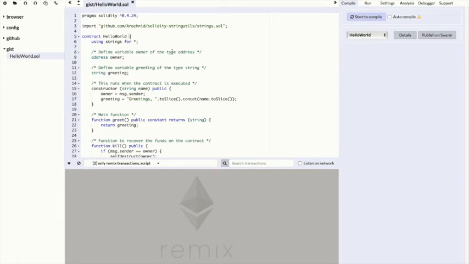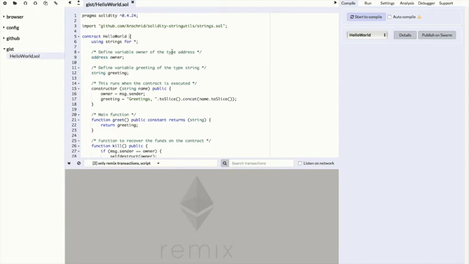Programs written for Ethereum are called smart contracts. The programming language for writing such smart contracts is called Solidity. To get started with writing programs in Solidity, you can use the online IDE at remix.ethereum.org. It allows you to write, compile, and run Solidity programs all within your browser without having to install any third-party software. To get started, we have a sample Hello World program already written for you, which you can open by clicking the link below in the video description.